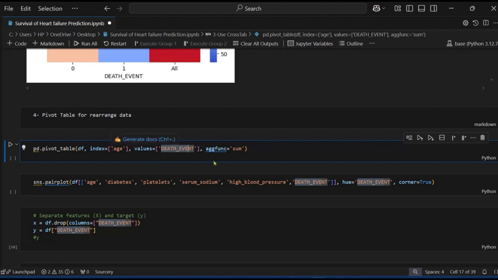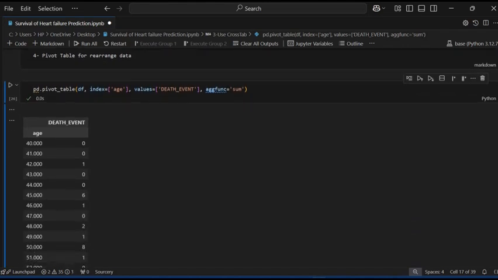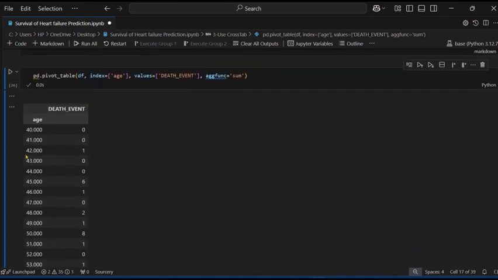Age is also a column name, and for the aggregate function I am using sum. So it shows how many people of each age died. So you can see the death ratio. If age is 40, there is no death. 41, no.